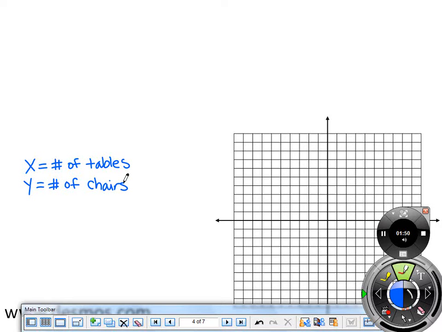Is that okay with everybody? All right, now that already takes up my x and y variables if I'm going to use them in that respect. Okay. Now, to calculate profit,